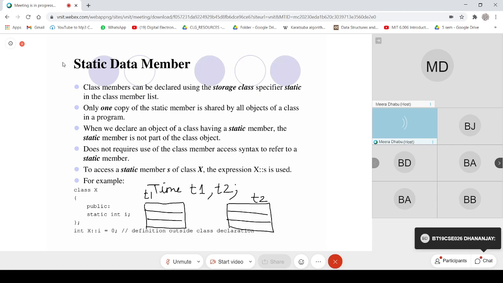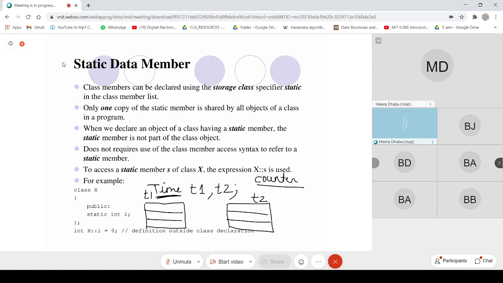Instead of this, if I have any static data member inside the class, assume that I am having a counter data member. Whenever a particular object of the type Time is created, I will explicitly increase the value of this counter.